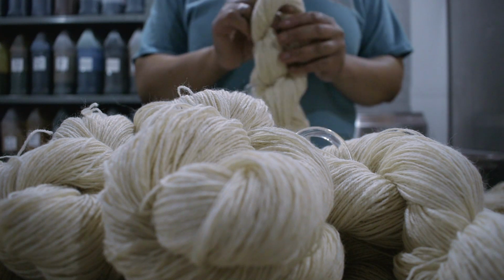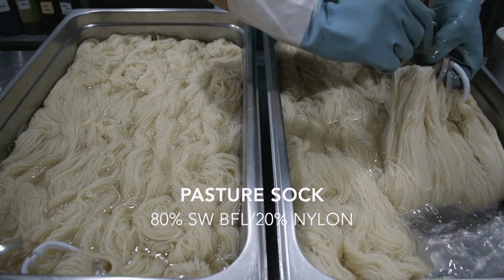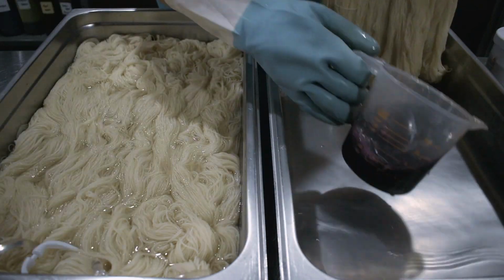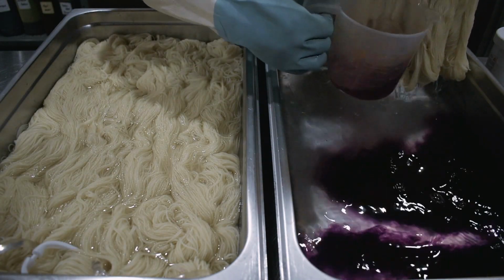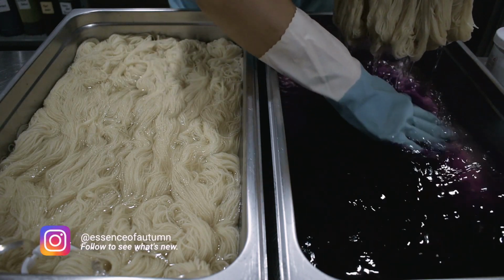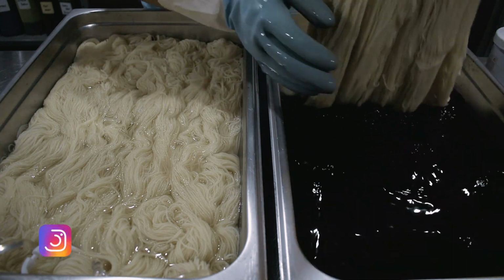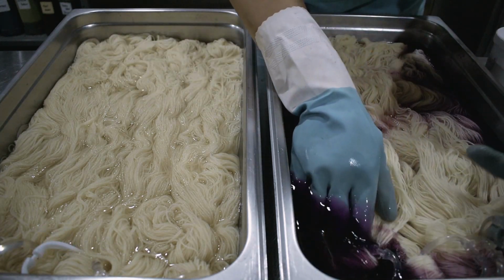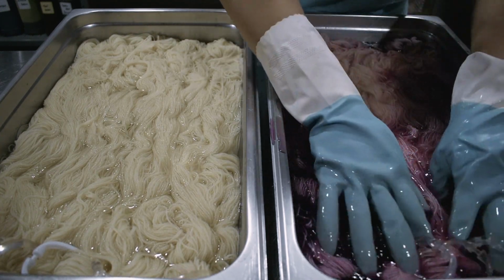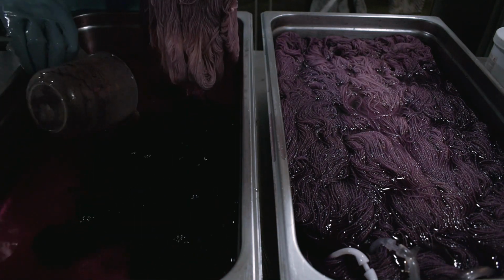The yarn I chose was Pasture Sock. It's a superwash BFL wool yarn. It has beautiful drape. Even though it is superwash, it feels like a non-superwash yarn. And what I mean by that is that it really does hold its wooliness. Usually with superwash yarns, because of the process that it goes through to make it superwash, it loses a lot of its elasticity, a lot of its integrity. But if it's done just right,